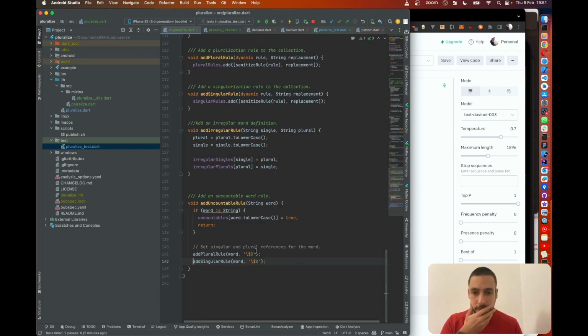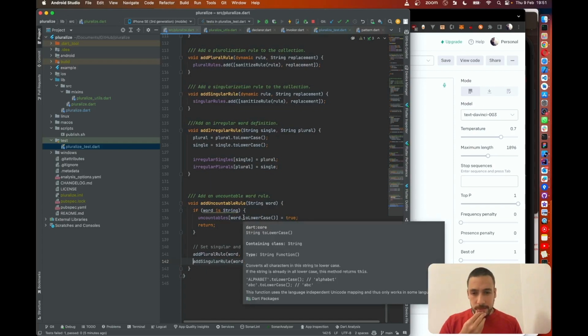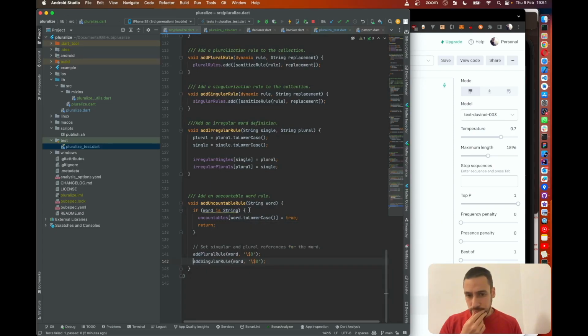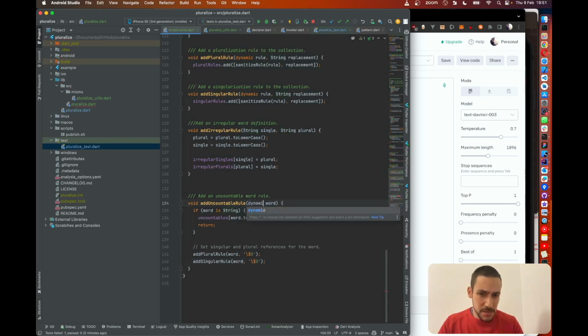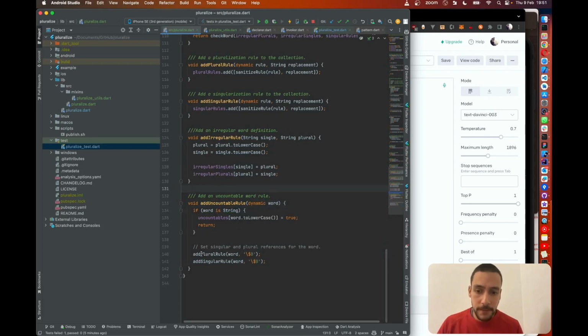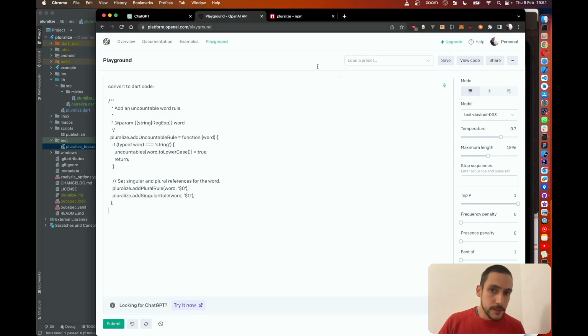Okay. If it's a string, so this can be a dynamic, maybe, not really sure. We'll see, like the uncountable rules maybe are more difficult than the others. Okay, so